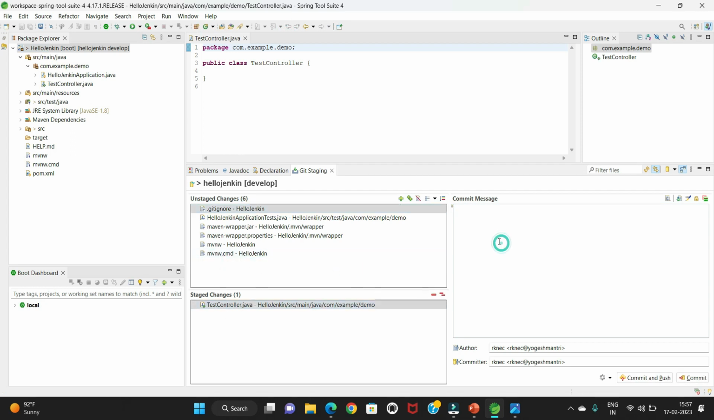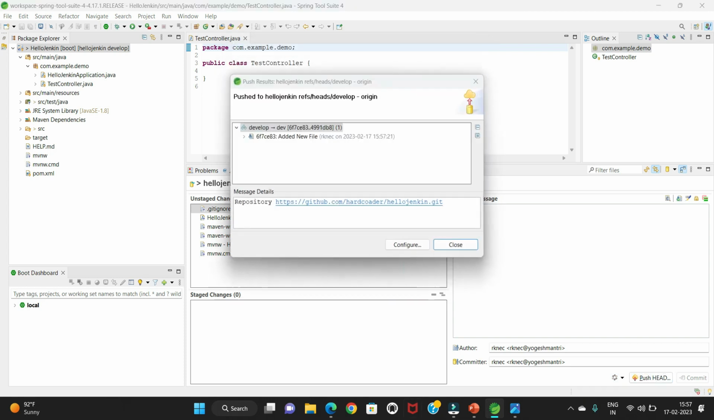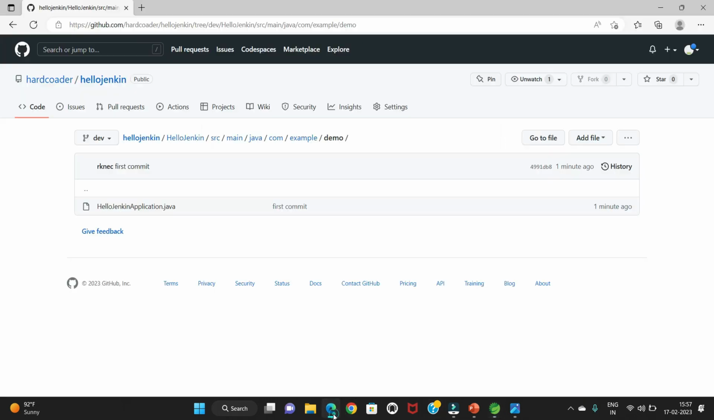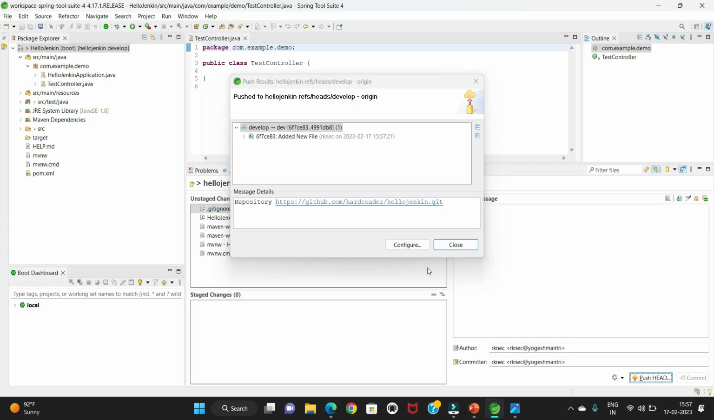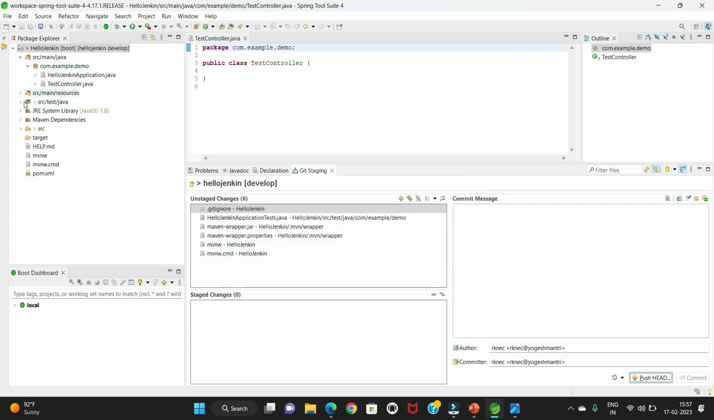Okay, added new file and commit and push. Okay, push to head. Okay, I click on push. Now go to here and check whether the file is coming or not. Okay, here the file has come, so it means that we successfully connected our git server to our local IDE. Now whatever changes you make here and commit the changes,